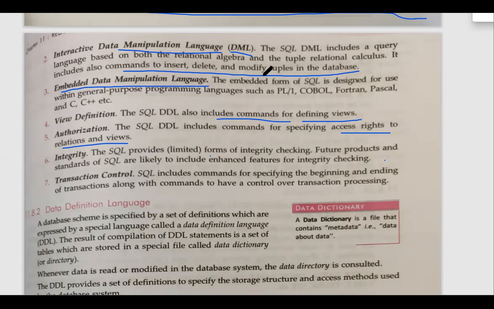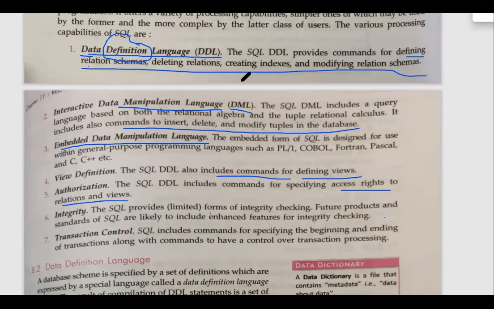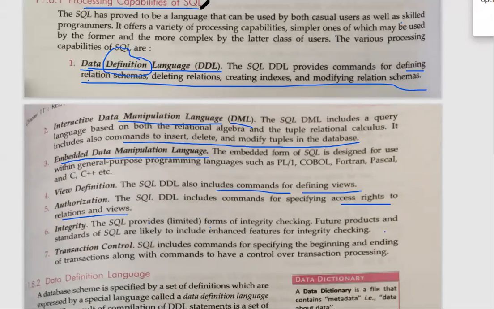Okay, one request has come to clear the first 3 points again, so I'll start with this again. See, we were discussing the processing capabilities of SQL, that is, what the various features or types of commands given in SQL are. So the very first thing we discussed was data definition language, meaning all the commands which are related to defining your data, or basically defining your table or your database. Whatever commands there are, that comes under data definition language. When we do this practically, then you will come to know.